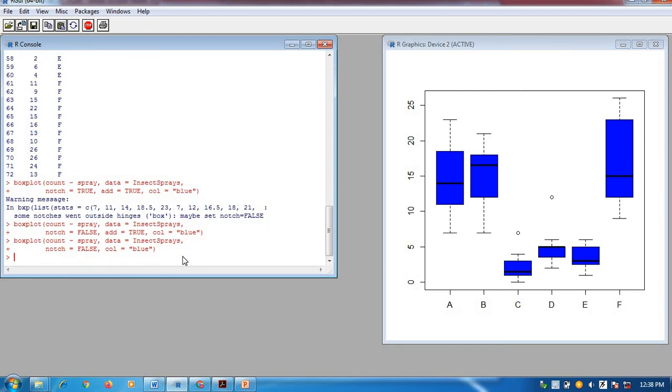Now see, this is a normal box plot for the given data set. The only difference here is that instead of the earlier gray color, every box plot is now colored blue. You will understand all this when we learn the statistics related to it, or if you know statistics, you can apply this. So in short, what we are learning is how to plot a box plot and what the function for plotting a box plot is. I hope you have understood it.